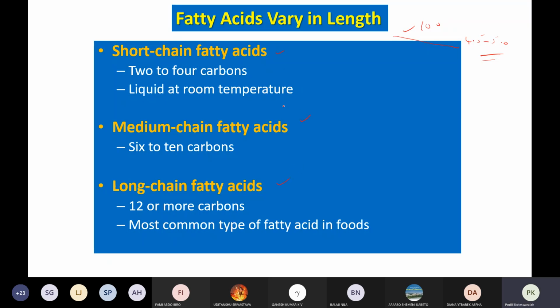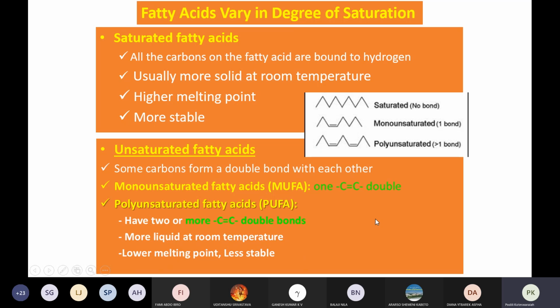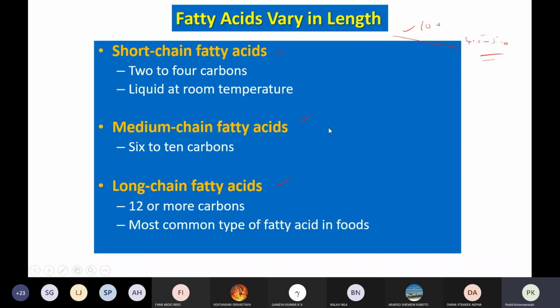The short chain fatty acids are liquids at room temperature, and medium chain fatty acids have 6 to 10 carbons, whereas the long chain fatty acids have 12 or more carbons. And most of these fatty acids are also present in foods. This classification is based on the tail,